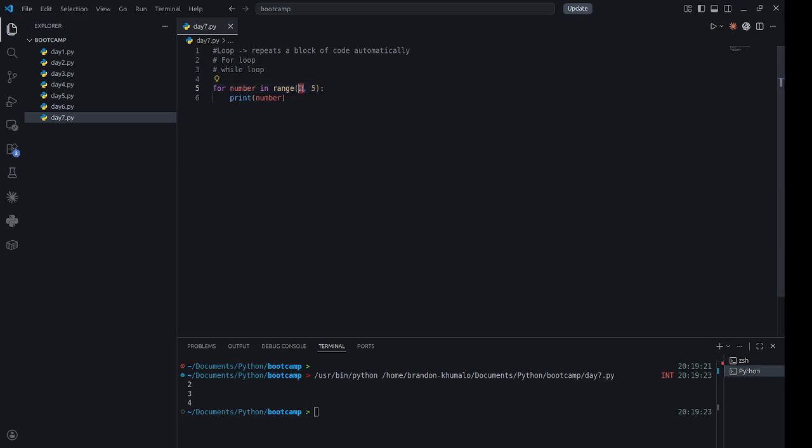So you will need to tell it to start counting from 2, then put a comma to separate the two values inside the brackets. On the left side, you tell it to start counting from this number, and on the right side, you tell it to end at this number. On the right side, it's going to end at the digit below the number that you inputted. So when working with a for loop, what a for loop does is,